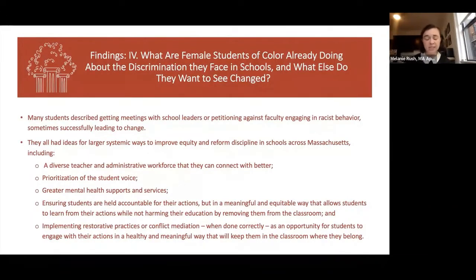But in addition, a number of students talked about ways to implement greater mental health practices in the school day, having certain times for breaks or spaces where they can go and decompress between classes. One student asked for 3 mental health days a year because they tried to take a mental health day that they needed. They knew that they couldn't show up to class and work the way they needed to, and it was counted as an unexcused absence. The school didn't acknowledge that. And so if that practice could be in place, maybe students would be able to then come back to school